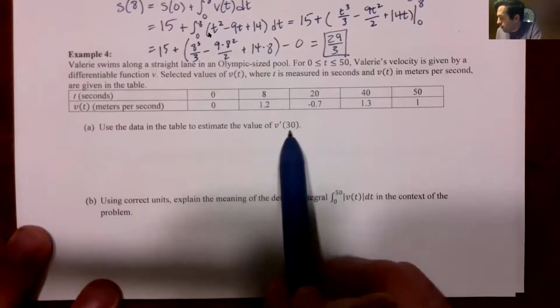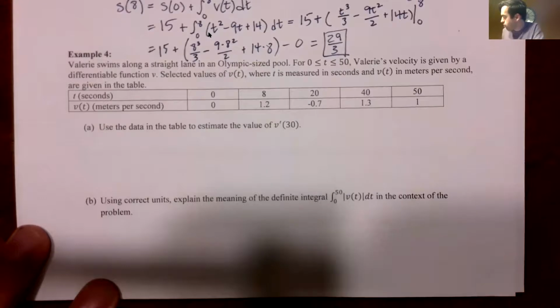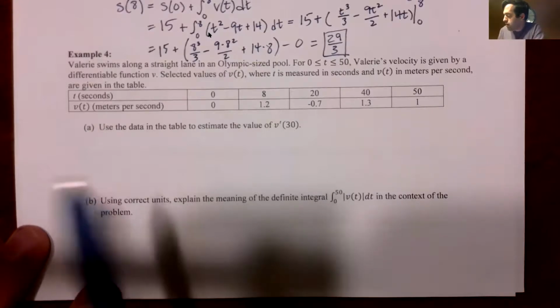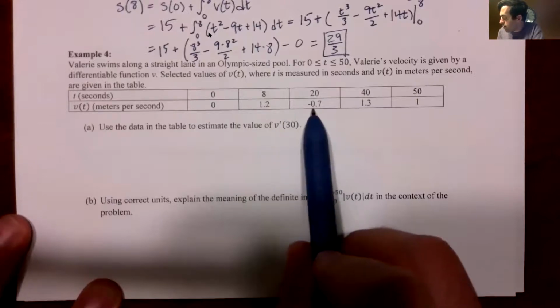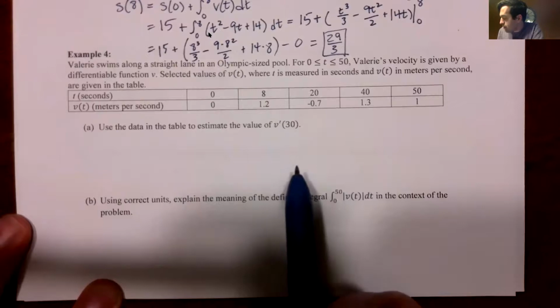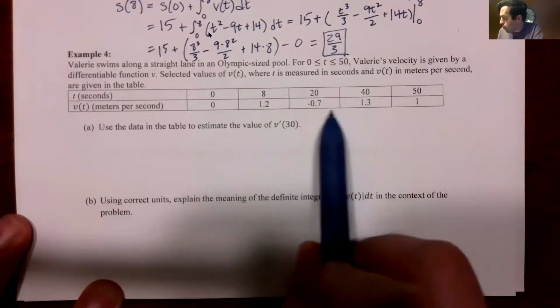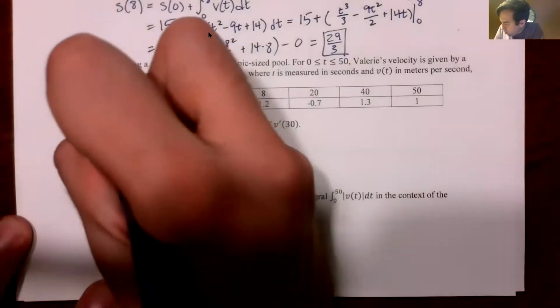So 30 as a t value is halfway between 20 and 40. The best estimate that we can do is if we think of a straight line going from this point to this point and find its slope. That'll give us an approximation of the slope at 30, and that's the best that we can do. So v prime of 30